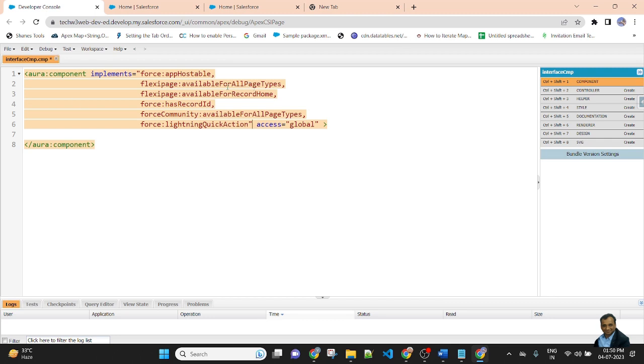Multiple interfaces are added whenever selecting the quick action checkbox: force:lightningQuickAction, force:appHostable, flexipage:availableForAllPageTypes, available for record home page, force:hasRecordId, and community. So this component will be accessible to use in these pages.